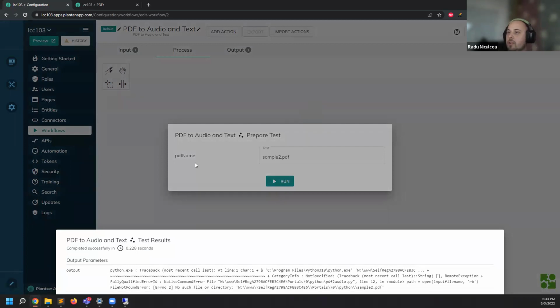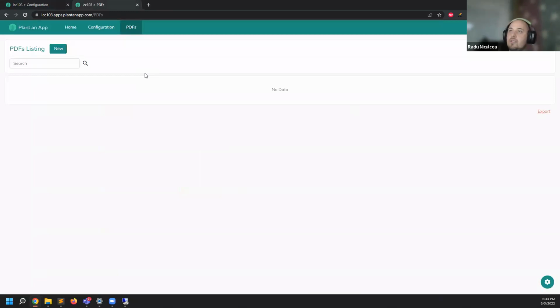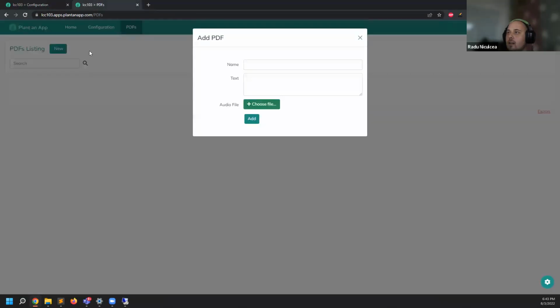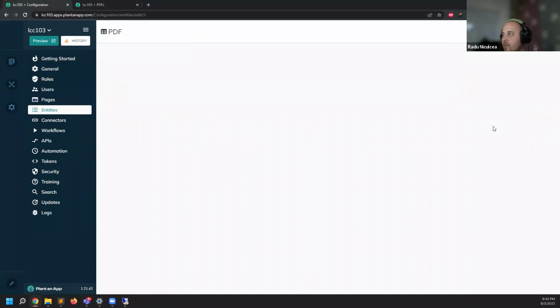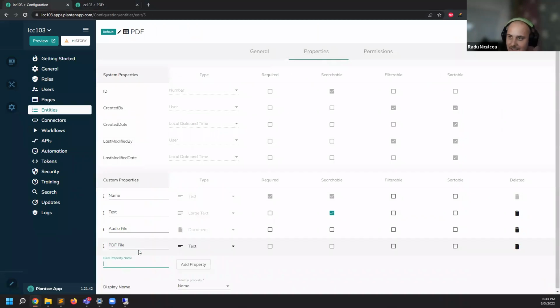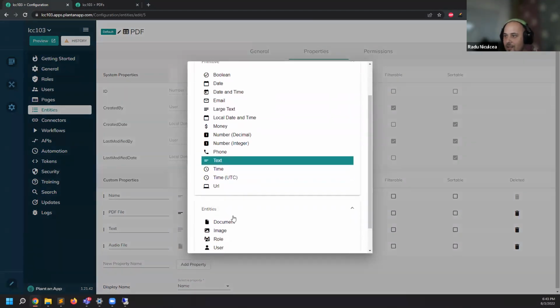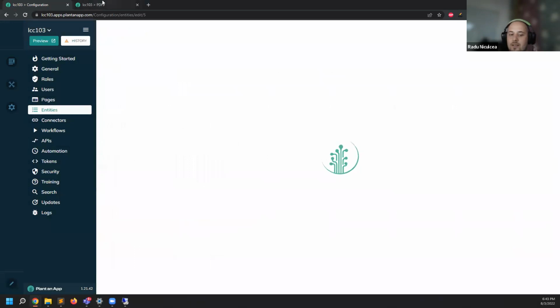Now, having this with the parameter of the name of the PDF, what we can do is go to the PDFs listing generated, and we have this new form here, which is actually, I forgot something. I actually forgot to get the PDF. Give me a second, my mistake. I need it to also have the PDF that we're gonna upload, right? So let's go with PDF file. And let's have it like the second one, and this is gonna be also a document. And let's click save to regenerate really quickly the